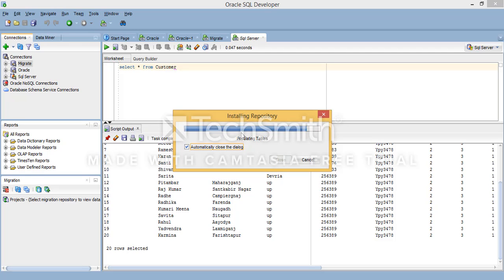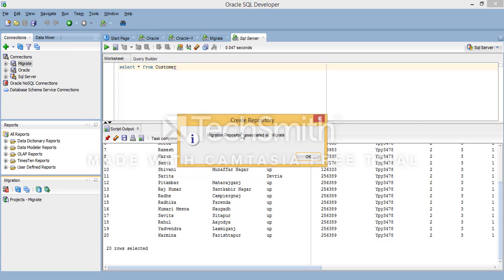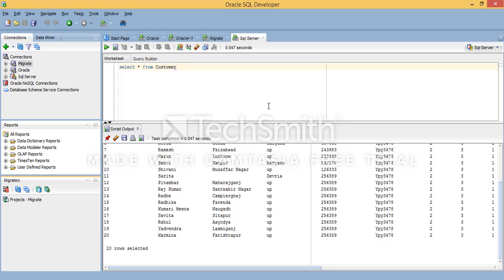It will take some moments, so have patience, don't be confused. If you do not give complete permission to the user, maybe it will raise some kind of errors. Okay, now you can see migrate. Click.